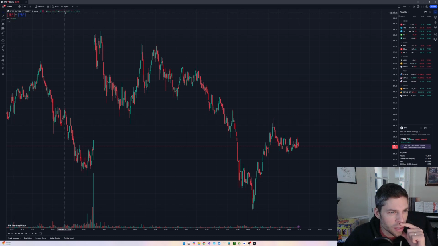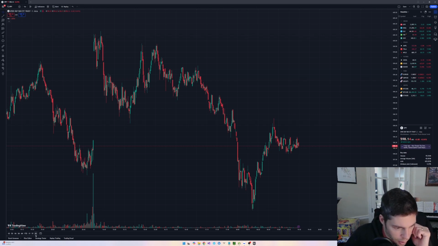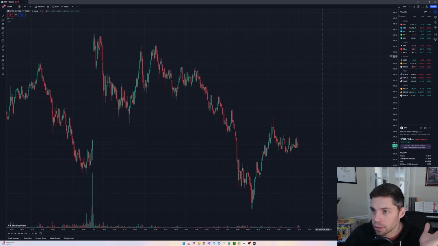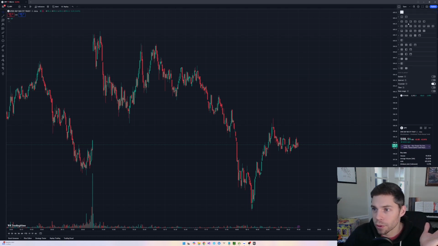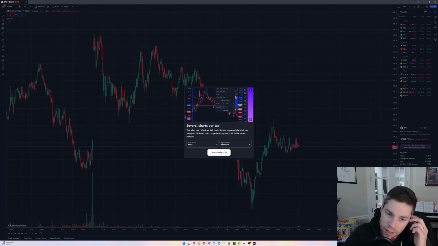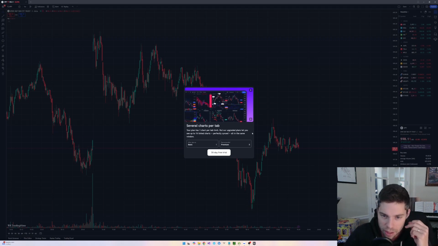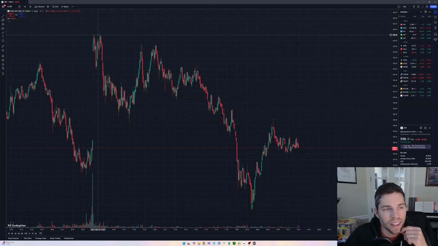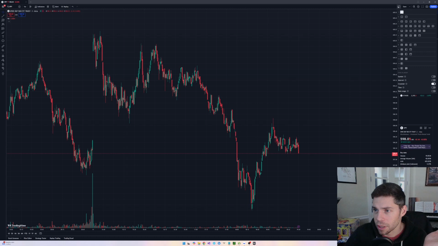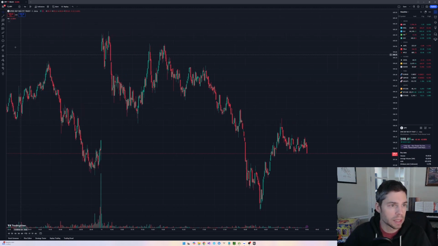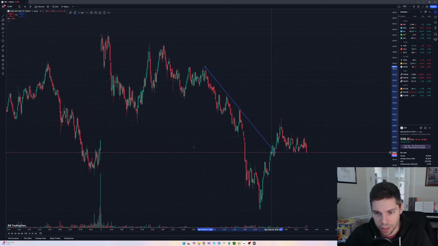Let's see. I wanted to do a multi-chart view here, and it has a limit. You can't do more than 4 things for free. Let's see, I wanted to look at all these things. Look, it says your plan has a 1 chart per tab limit, so I have to pay to do more, I guess. So I'm not going to mess around in here too much right now, but this is what the pros use for charting. I guess it's pretty good. It's pretty fast and lets you